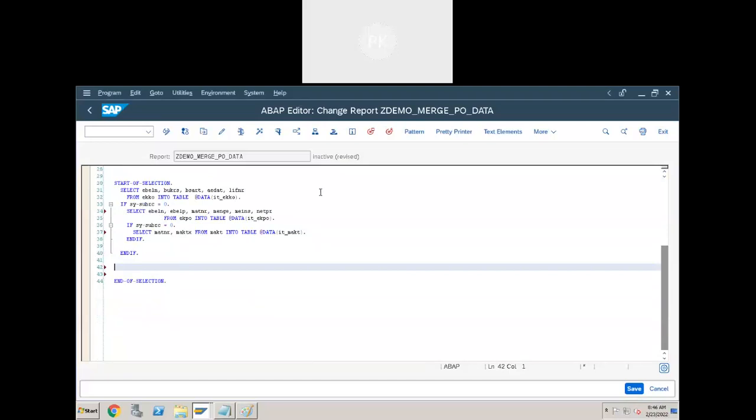To merge this internal tables data, what we need to do? Loop, right? On which table you have to write loop? Item level table. Why do we need to write loop on item level table? What is the reason behind that?